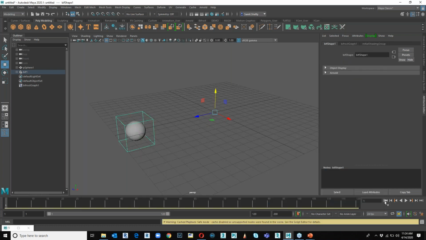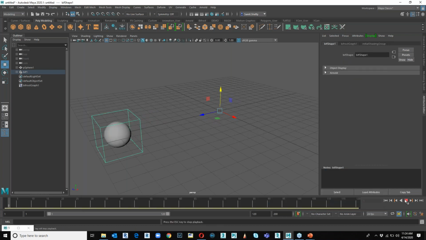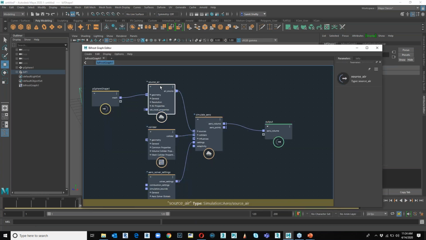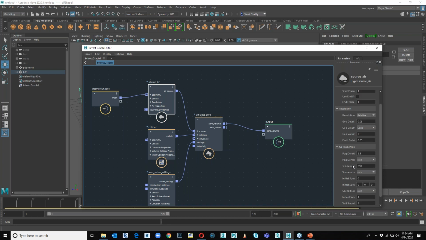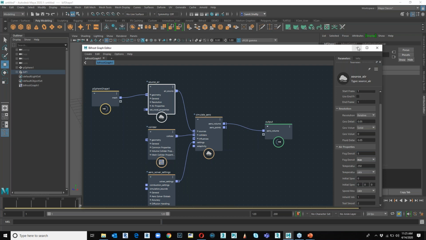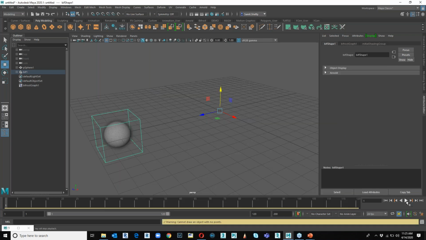Okay, it just freezes for a second, but when you play, you can see there is a tiny amount of particle connected behind this ball. Now this is very tiny and it's not much visible. So what I can do is go to the air source and maybe increase the fog density to 5, and maybe the fog density has to be maximum. Okay, and let's now go back and play,